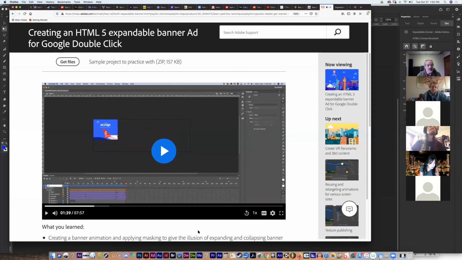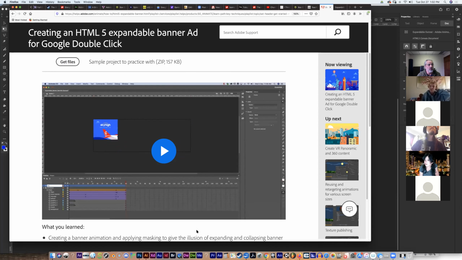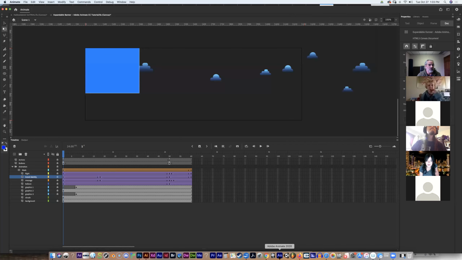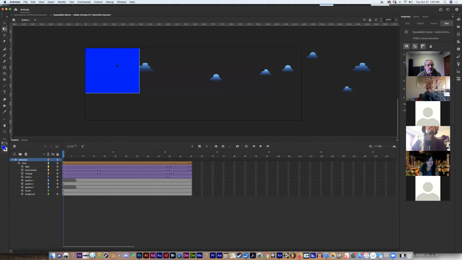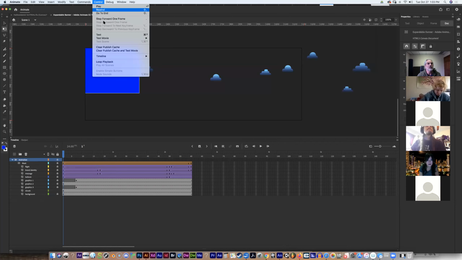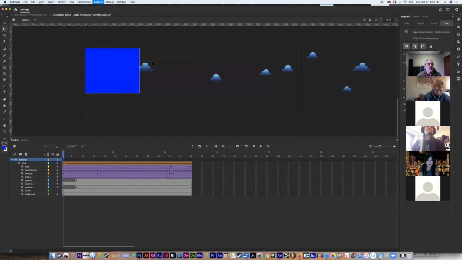Okay, so I think that the reason that the ad is working already is because when we opened it up, it was a working ad. And so what we're going to have to do now is delete these very top two layers called actions and buttons in order to rebuild them so that we can make it work. So in other words, if you select those top two layers and hit the trash can, it'll get rid of them. Now, if I test this out in the browser now,